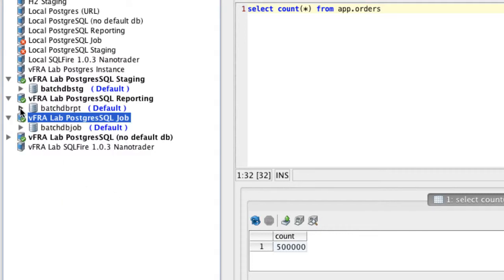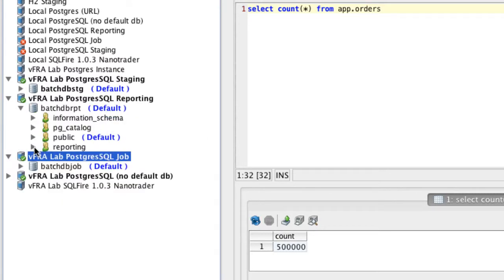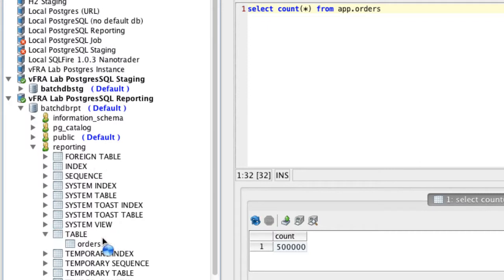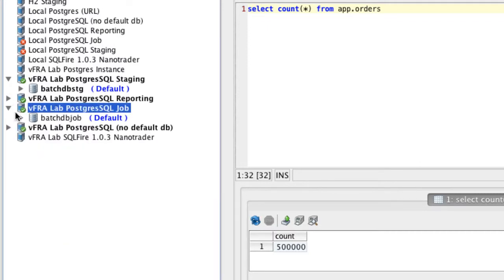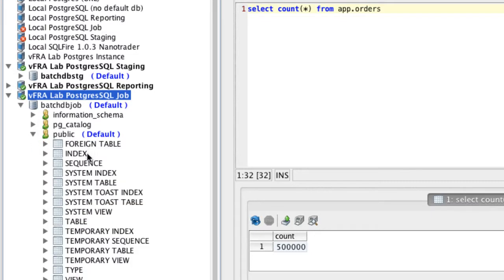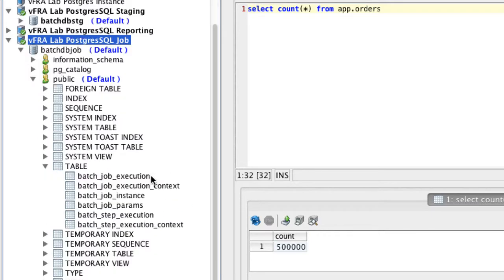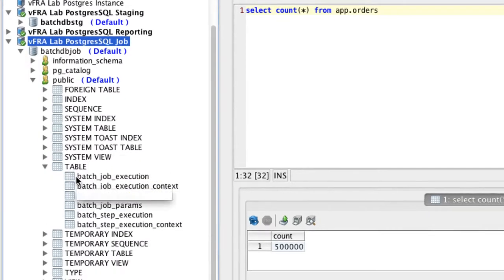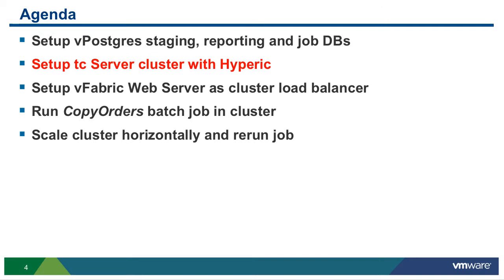I can also see that in my reporting database I have a reporting schema and an order table as expected, and in my job database there is a set of tables under the default schema from the Spring Batch job repository schema. So now that we have our batch databases in place,